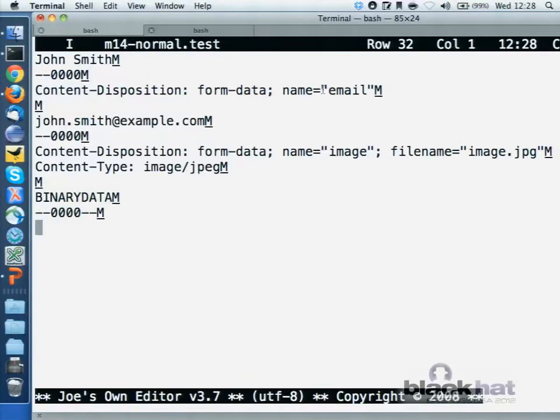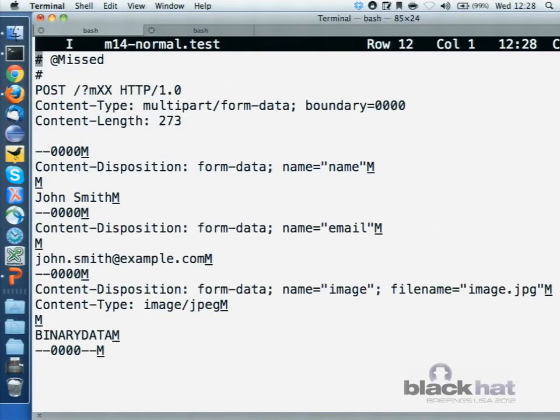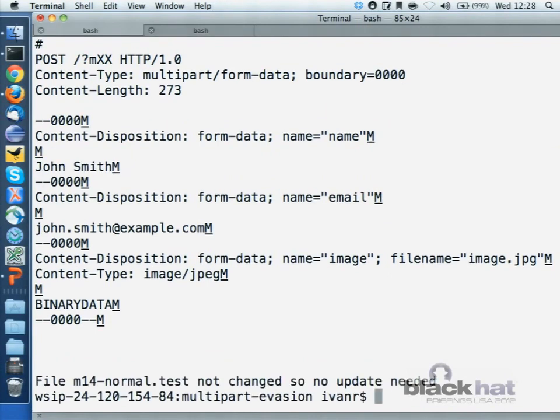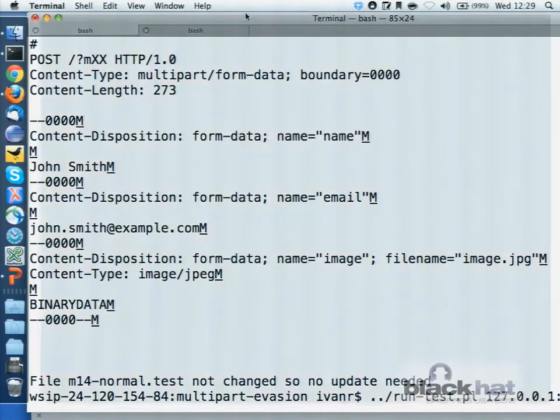You will see that we have the name parameter, and the name parameter contains John Smith. I have a very simple utility, and this is what we're releasing, that I can use to play this payload against the server. Now I need to resize my window.